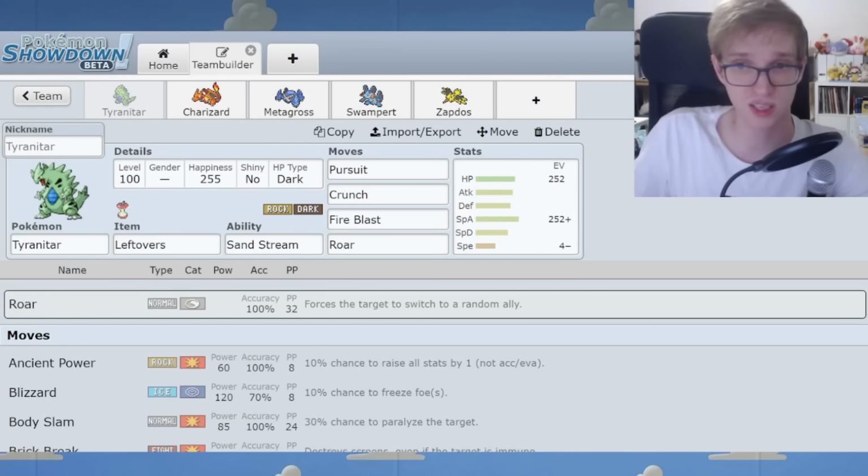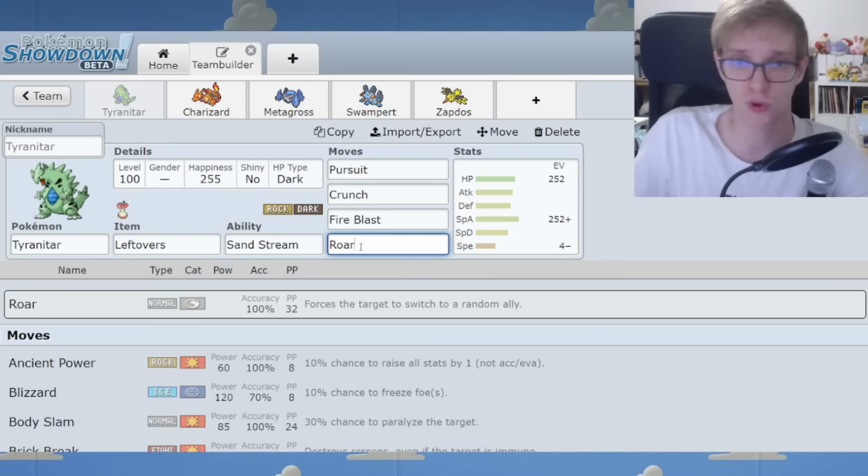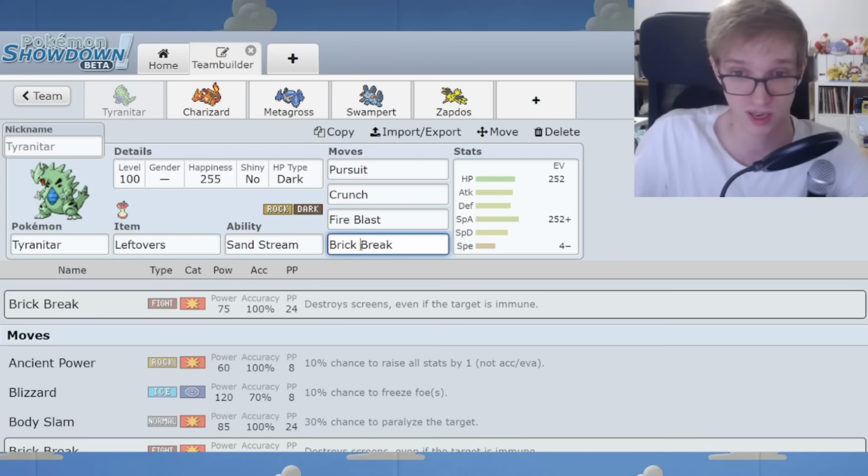Speaking of Pursuit, this is the standard set that you see most of the time, max special attack, max health, with Roar as the default option on Smogon, but actually, there are a lot of common physical attack options that are used on this set that round things out. Brick Break is probably the most common these days because it hits Blissey, which is pretty important, otherwise Blissey would